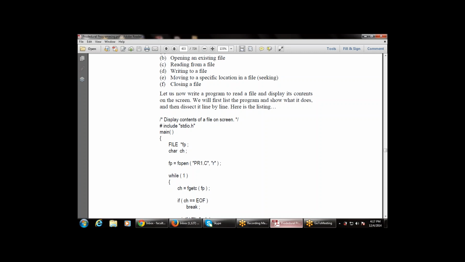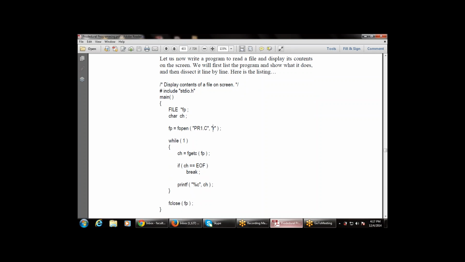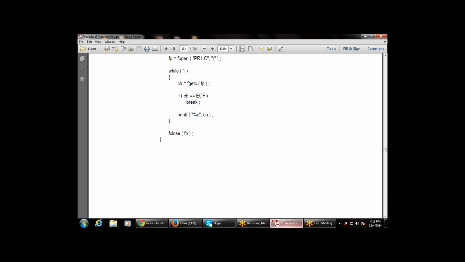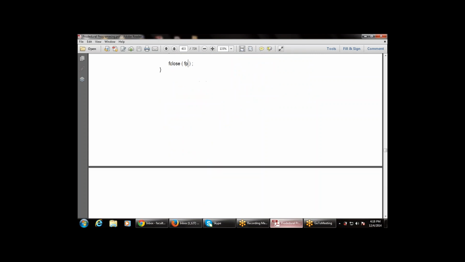Then the while loop is used, with the fgetc function to read data from the file. Then we check whether ch equals end of file, that is EOF. If the end of the file comes, there is a break statement, otherwise printf ch, so that the character is printed. This is a basic example that we discussed in the last class. Then fclose, that is closing the file. Then we will discuss